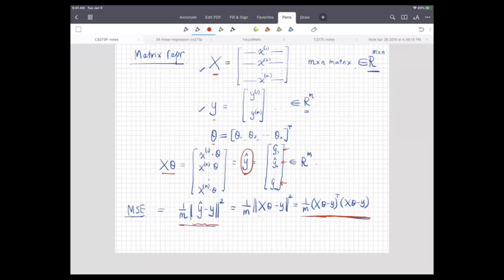This is called the matrix representation. We'll come back to this point later, and I'll show you there's a way to simplify our notations if we use this representation. All right, so now go back to the